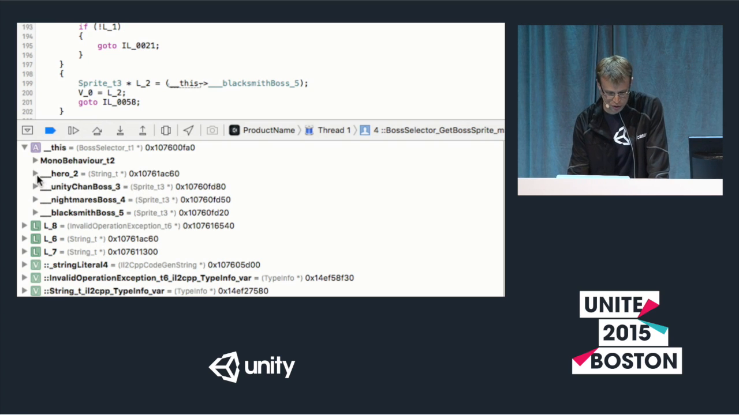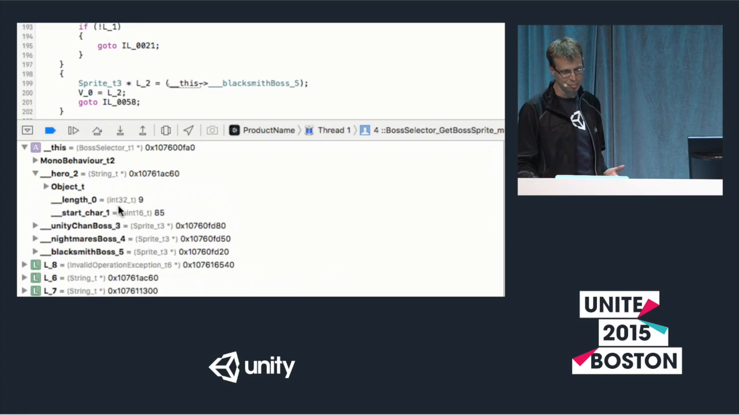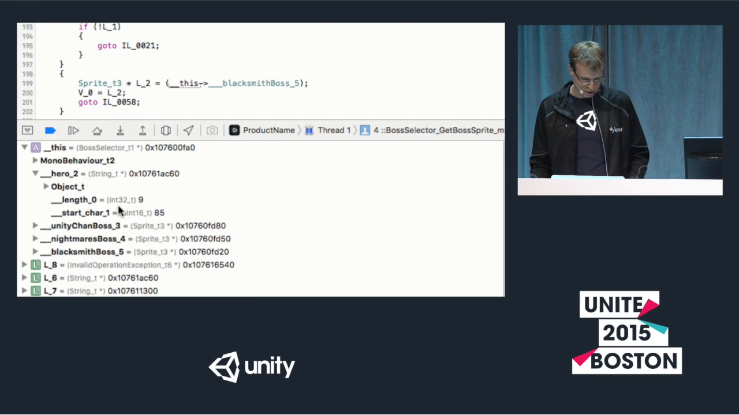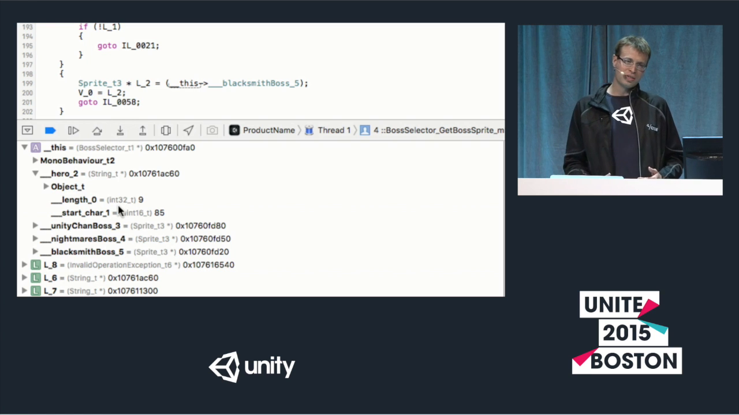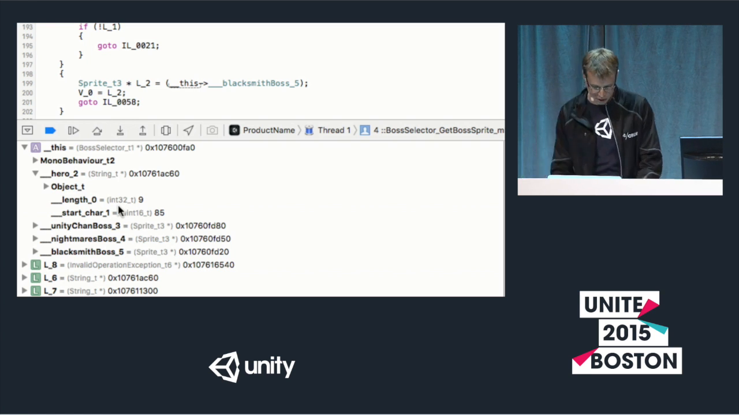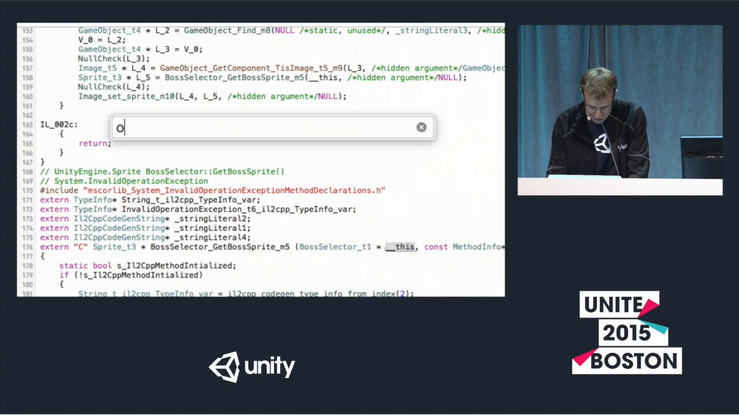So let's expand the hero field and see if we can determine what the actual value of the hero is that we're setting here in the BossSelector. So at first glance, this doesn't look anything like a string, right? Our display in Xcode is not that good. So what we're going to need to do is take a look at the way a string type is actually laid out in native code when we generate it. So to do that in Xcode, I can open up this file